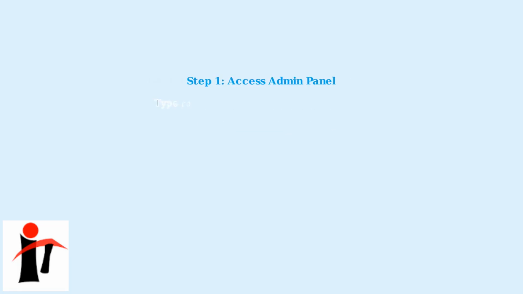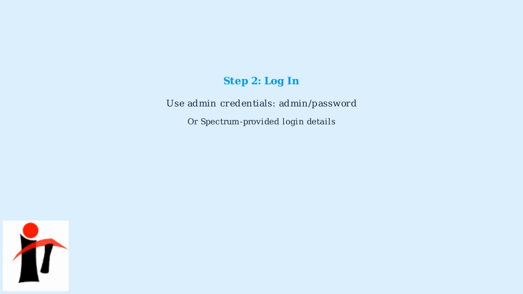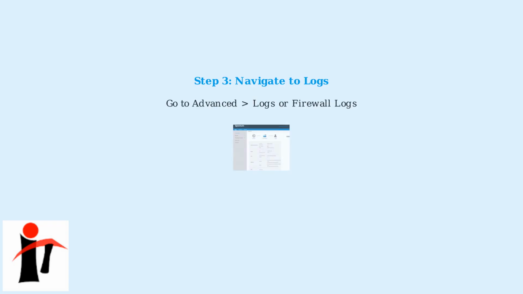To check any available logs, access your router's admin panel by typing its IP address into a web browser. This is usually 192.168.0.1 or 192.168.1.1. Log in using your admin credentials, which are often admin for username and password for password, or use the ones provided by Spectrum. Once logged in, navigate to the Advanced section, then look for Logs or Firewall Logs in